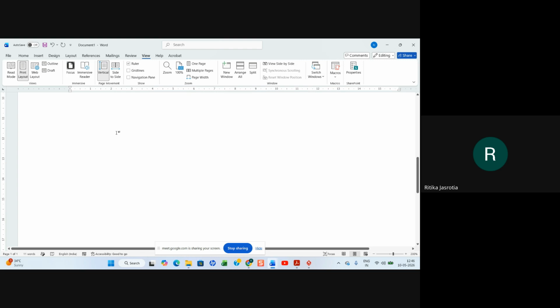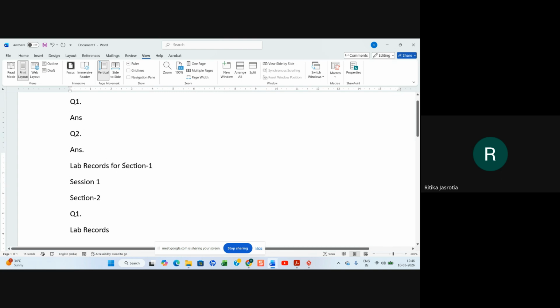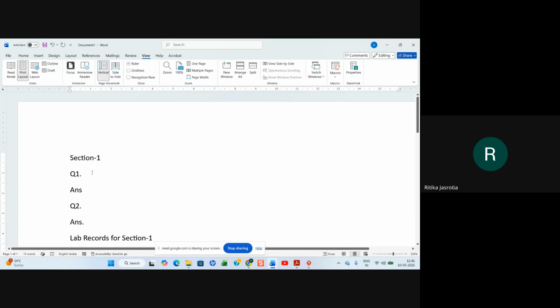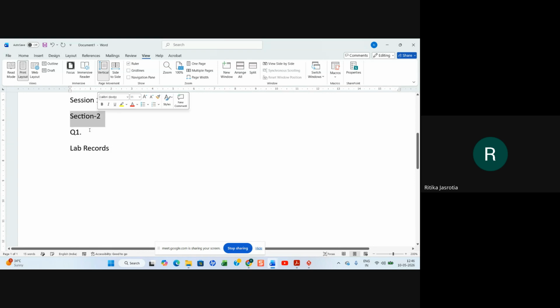After you have completed the lab records of section 1, section 2 will come. Section 2 is web technologies. The question of web technology you will do here, the assignment question, and then the lab records of section 2. This way you make one Word file. Because you have to show the diagram, you can paste the diagram here, question 2 diagram here, and session 1 diagram pasted here. In section 2, web technologies, you have to show the code and the screenshot of the output, and again the lab records will be the same.